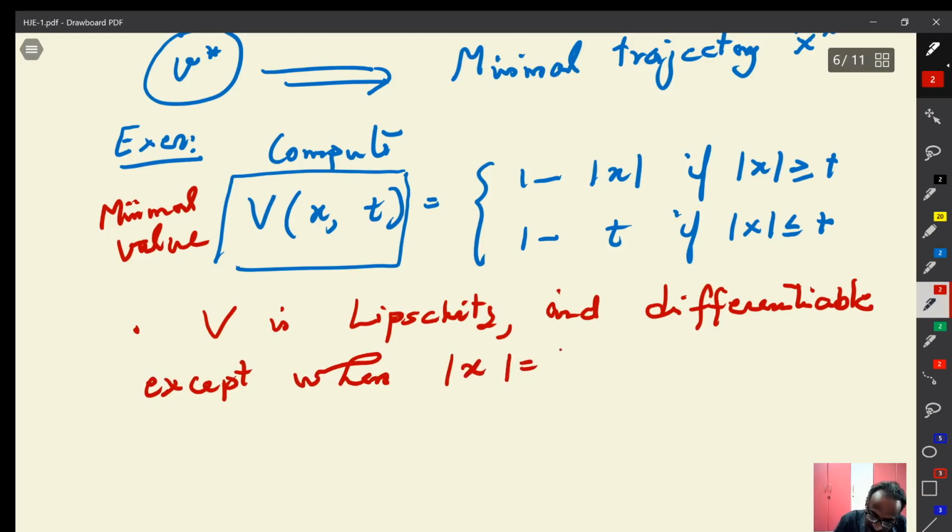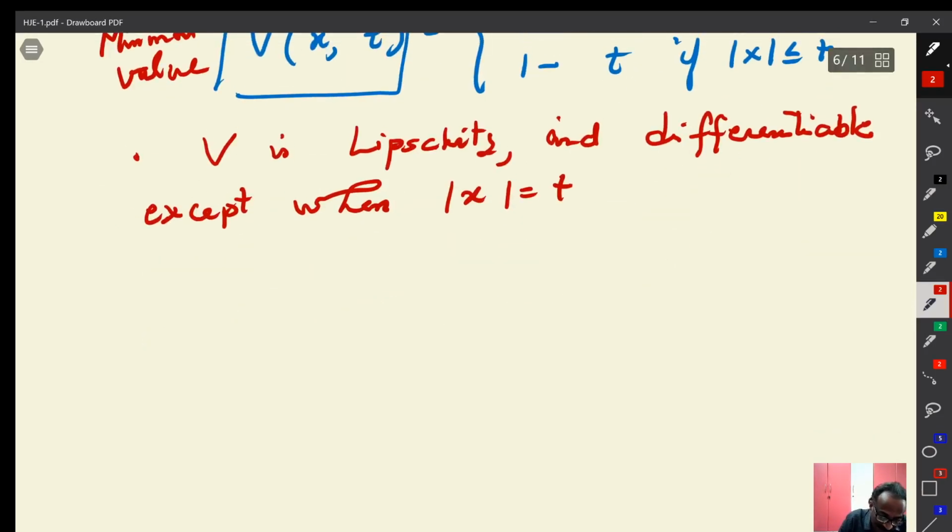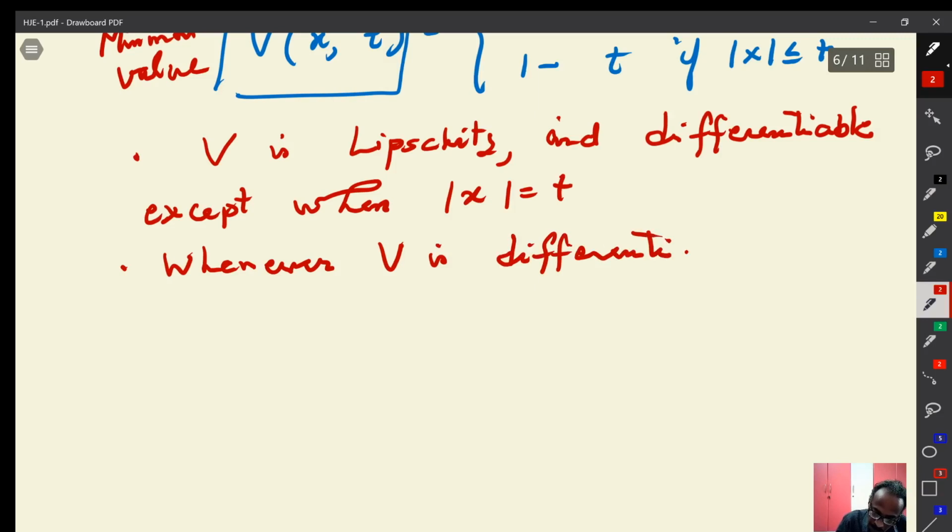Except on these line segments mod x equal to t, you get differentiability, and whenever V is differentiable, one can verify that